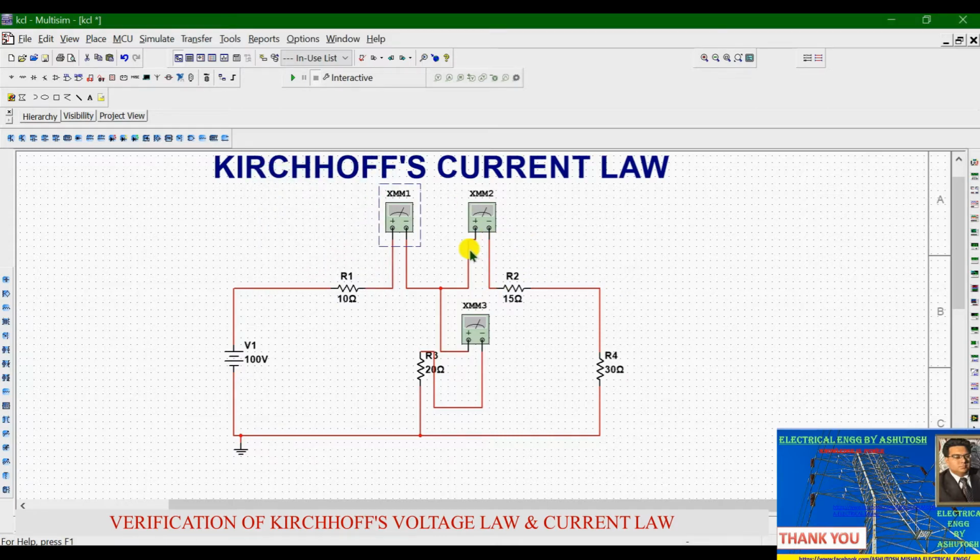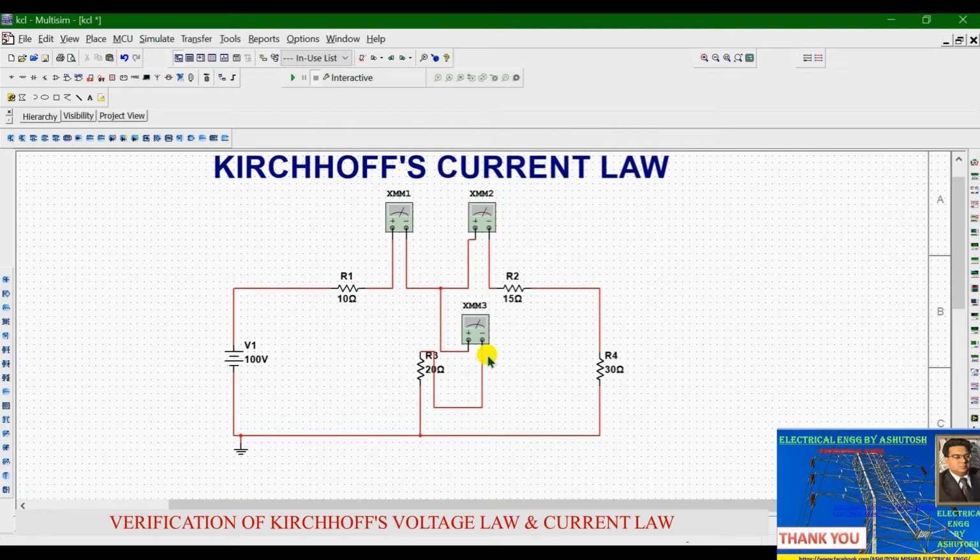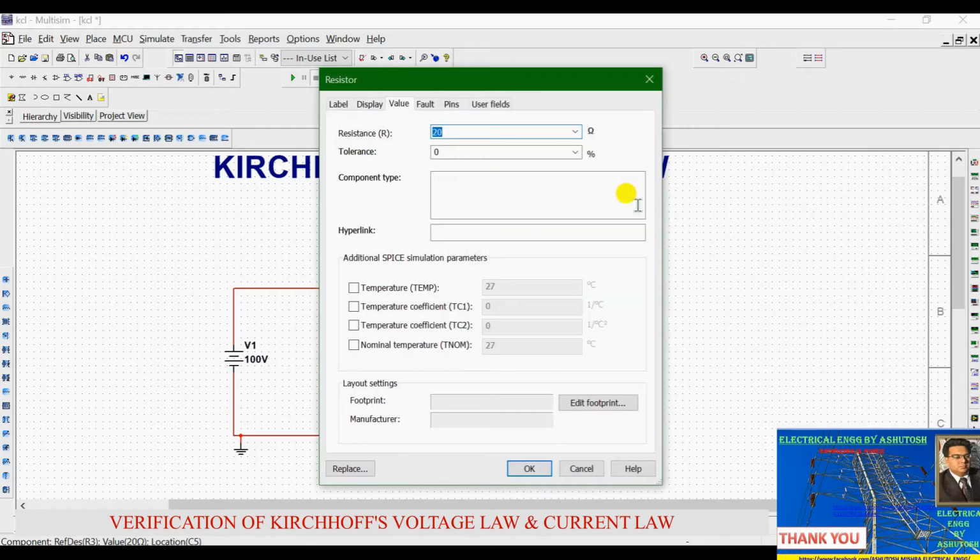There is another resistance R2 connected here, with the value 15 ohm. You can select or write the value of resistance from here. Then the next resistance is R3, with a value of 20 ohm.